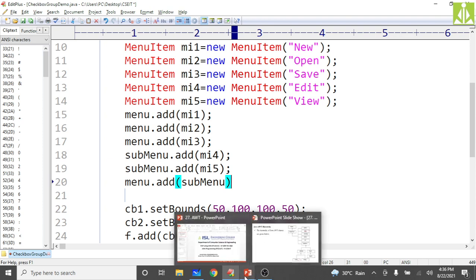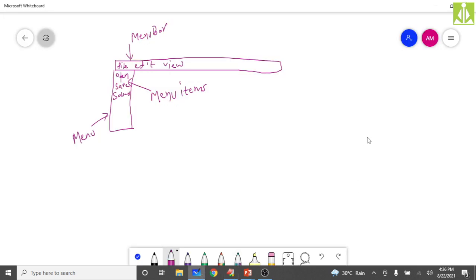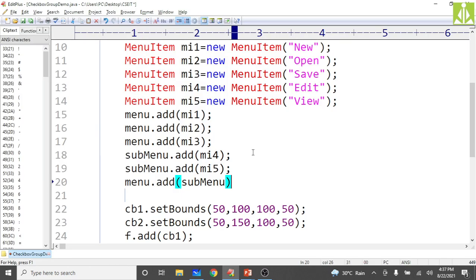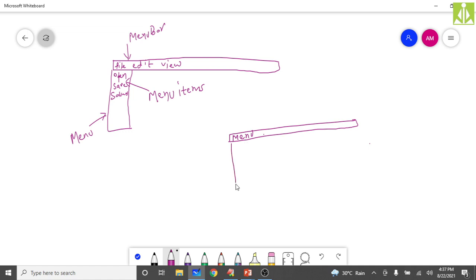See here. Yes, we will get the menu bar at the top with only one entry, that is, we gave the name as menu. Okay, inside this menu we will get different items like item 1, all these things we have added. Okay, item 1, that is open, we gave the names as new, open, save. So here you will get new, open, save.